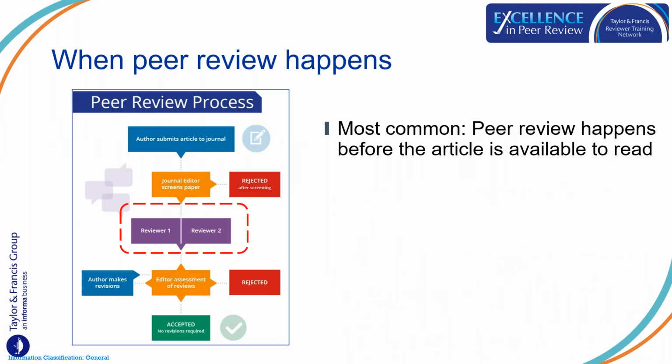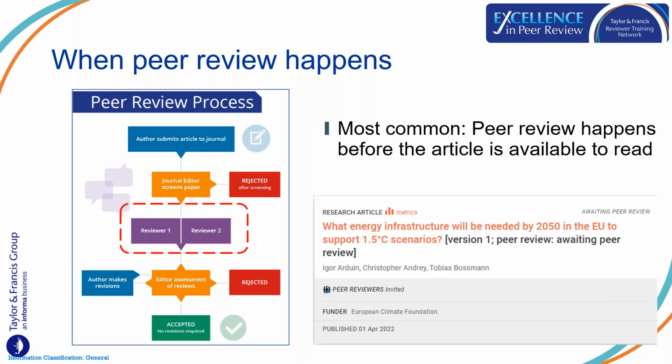And then that final piece of variation is around when peer review happens. The most common approach is that peer review happens at the journal before the article is available for others to read, and that it's a confidential process. So only the editor, the authors, and the reviewers actually know what's going on within that step. That's a very common approach, which is employed by most journals, and that's why I outlined that at the beginning. But there is another approach, which you're going to hear a bit more about from Lewis shortly,